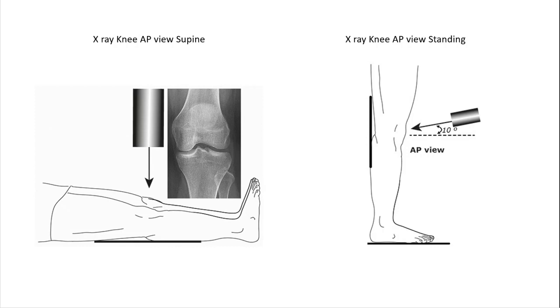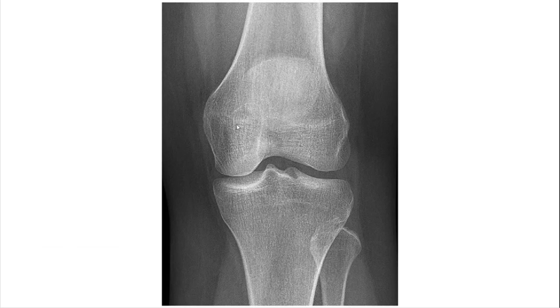Why do we need to see the joint space? I will tell you later on. So this will be a plain x-ray of the knee region showing the AP view, right? Now what bony parts can you see in this? This is obviously the lower end of the femur. This is the upper end of the tibia and the upper end of the fibula. Can you see the patella in this x-ray? Yes, you can see a slight shadow of the patella because it lies immediately in front of the lower end of the femur. You can see these are the margins of the patella.